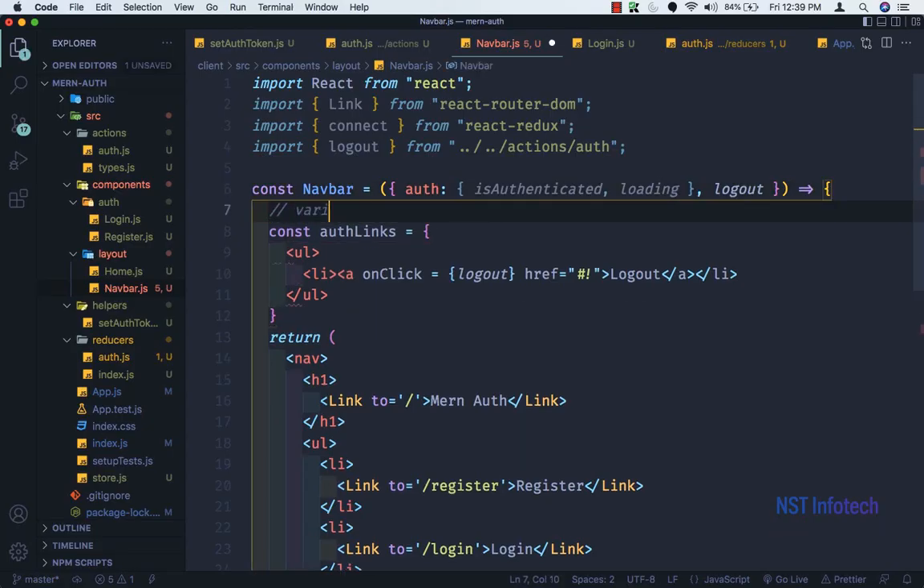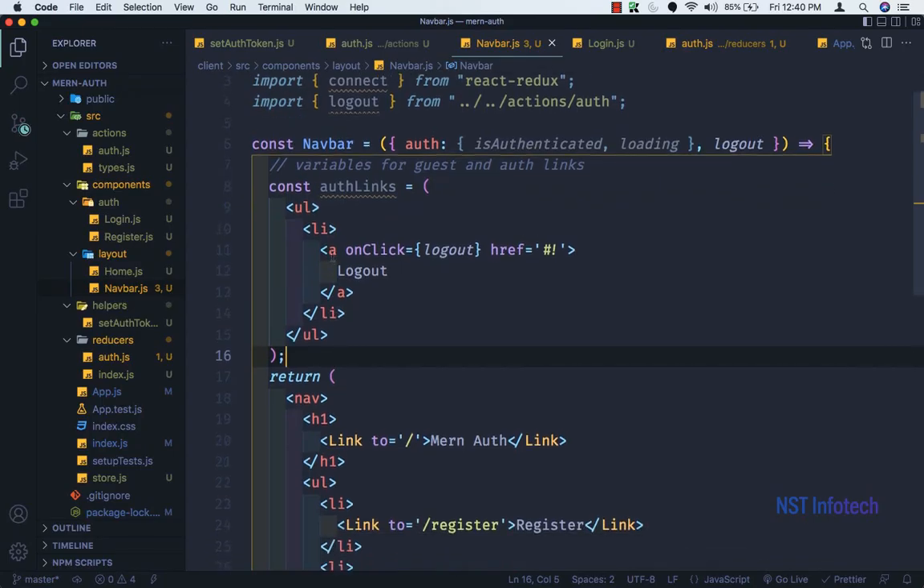So variables for guest and auth links. Okay, let's save this. Okay, this should be round brackets. So let me cut this. I'm sorry. Let me cut this closing and I'll paste it here. Now it is fine. Now we need one more for the guest link. Okay, so let me just copy this